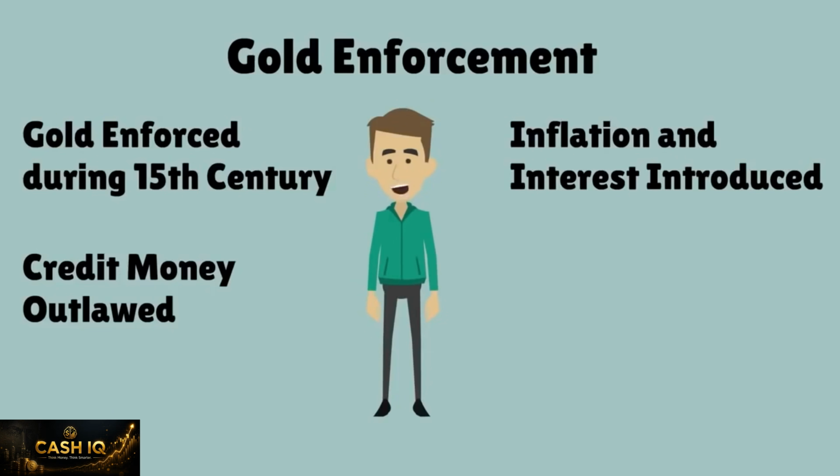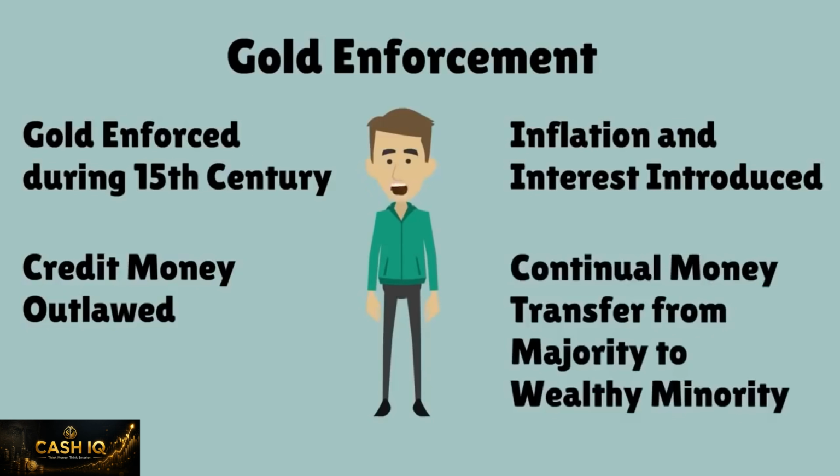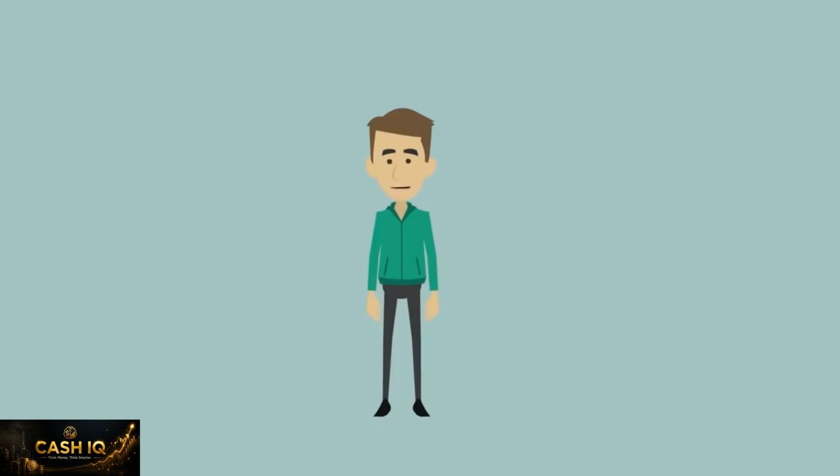Those that did not hold enough gold to trade their goods and services with, had to rent it from the few that held the gold supply. From that point onwards, interest continually transferred money from the majority to a wealthy minority, concentrating wealth in the hands of a few. Eventually, the unsustainable gold money system started